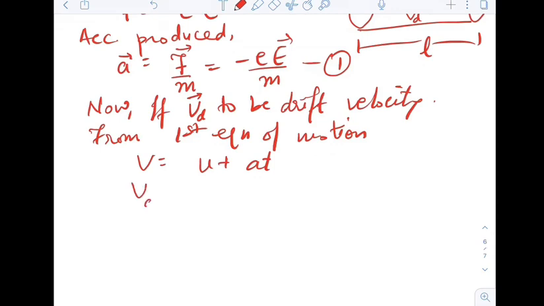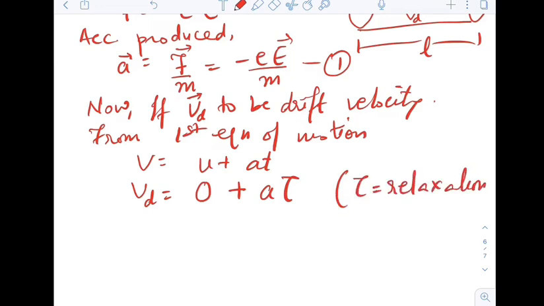So we will have Vd equals u, which is 0 here since initially it had no velocity, plus a, acceleration, into time, here tau, where tau is the relaxation time, and relaxation time is the time interval between two